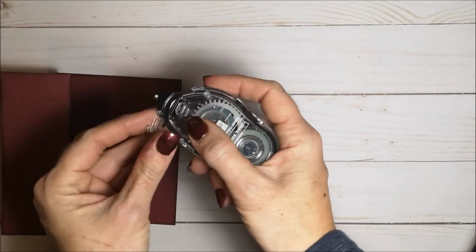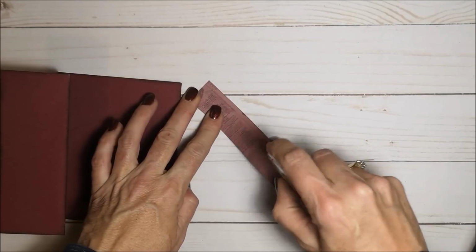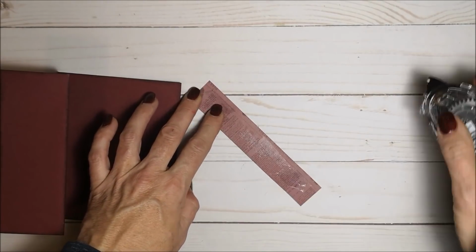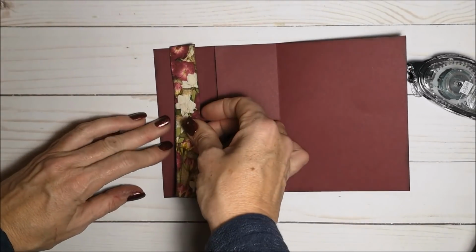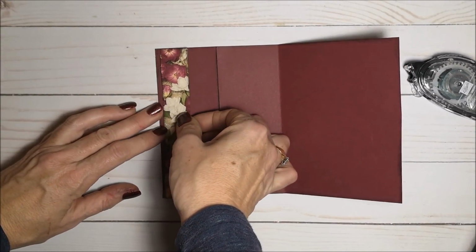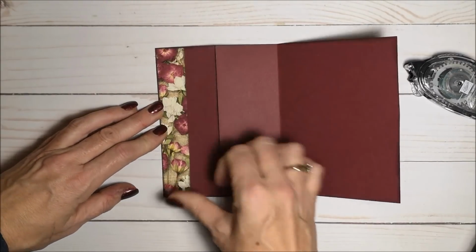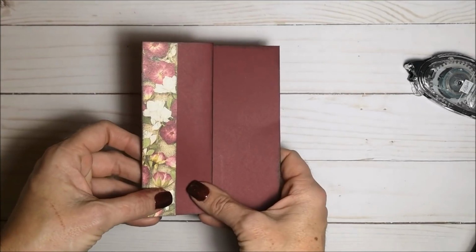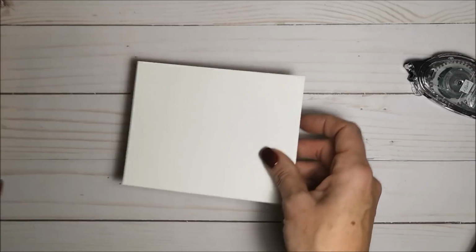Now I'm just taking my Snail adhesive and putting this onto my card. So I'm going to open this up, and this is going to go right along the edge, just like that. Okay, I'm going to set this aside, and I'm bringing in a piece of Whisper White cardstock, and the stamp